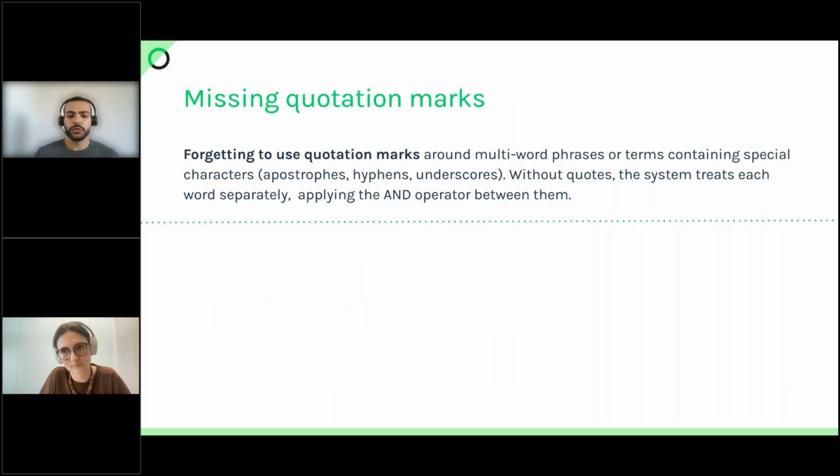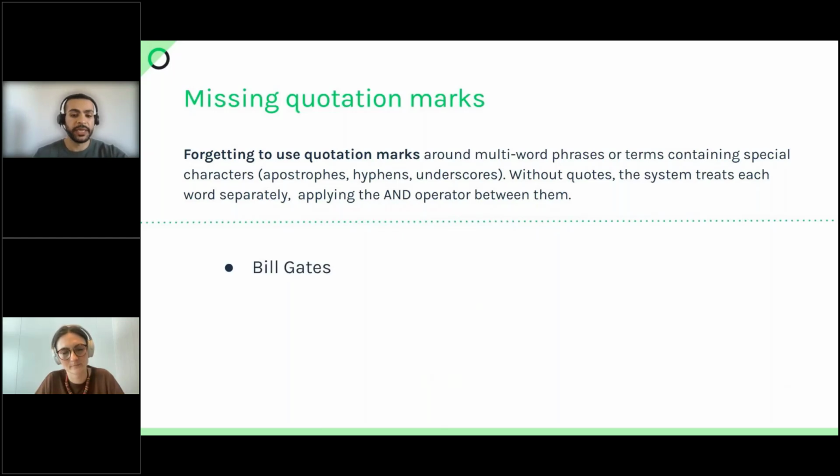And also don't forget to use quotation marks around multi-word phrases or terms containing special characters, such as apostrophes, hyphens, underscores. Without quotes, the system will treat each keyword separately and apply the AND operator between them, which will alter the meaning of your search.